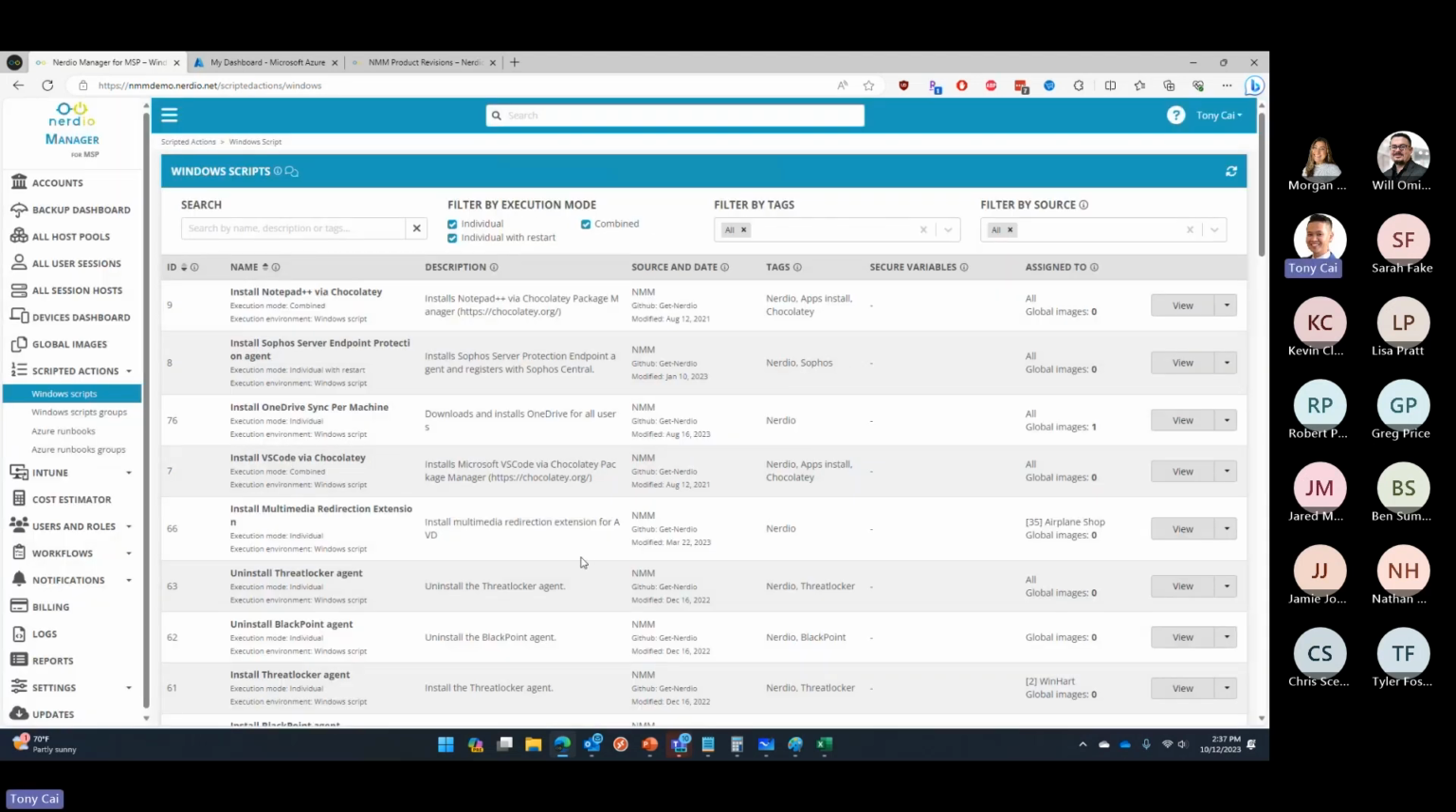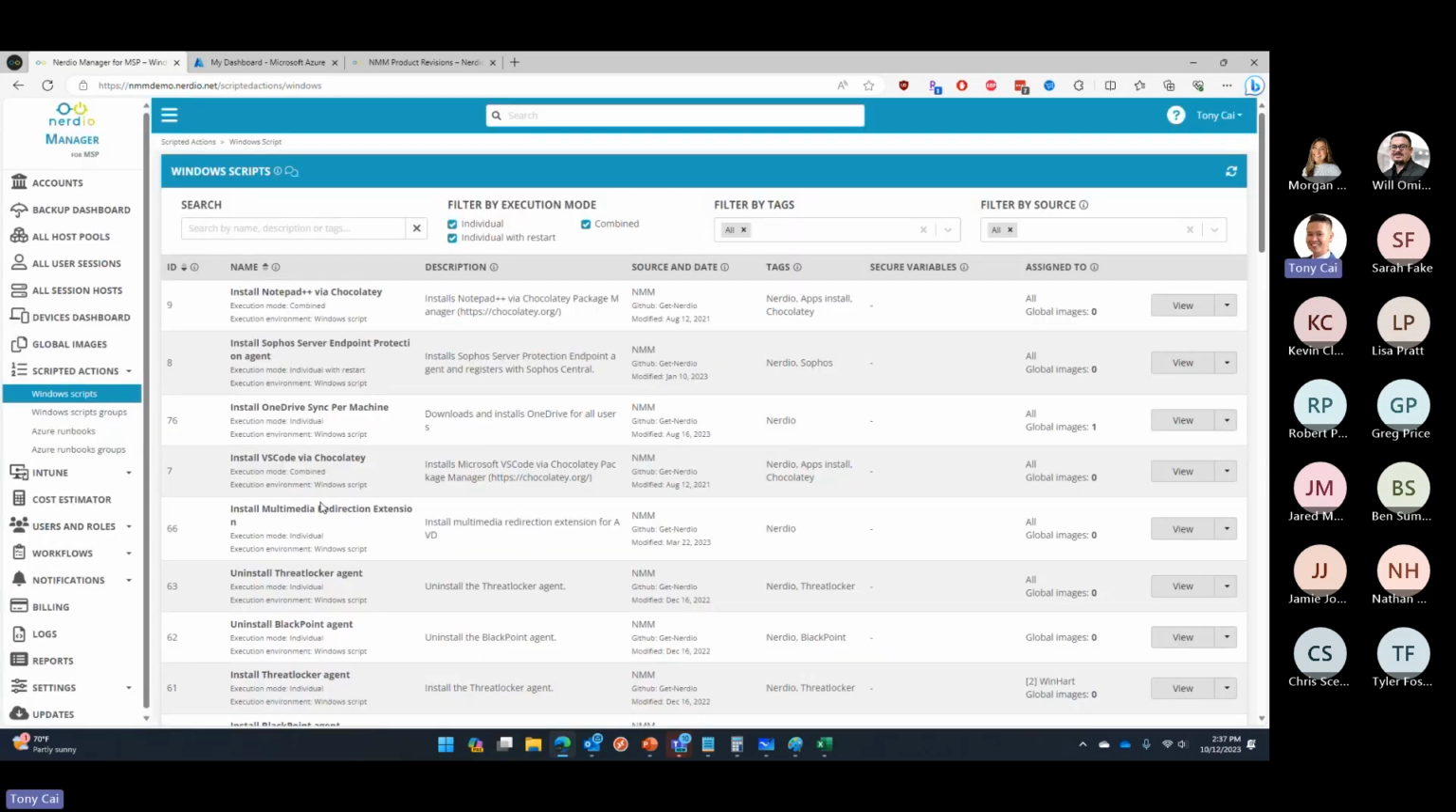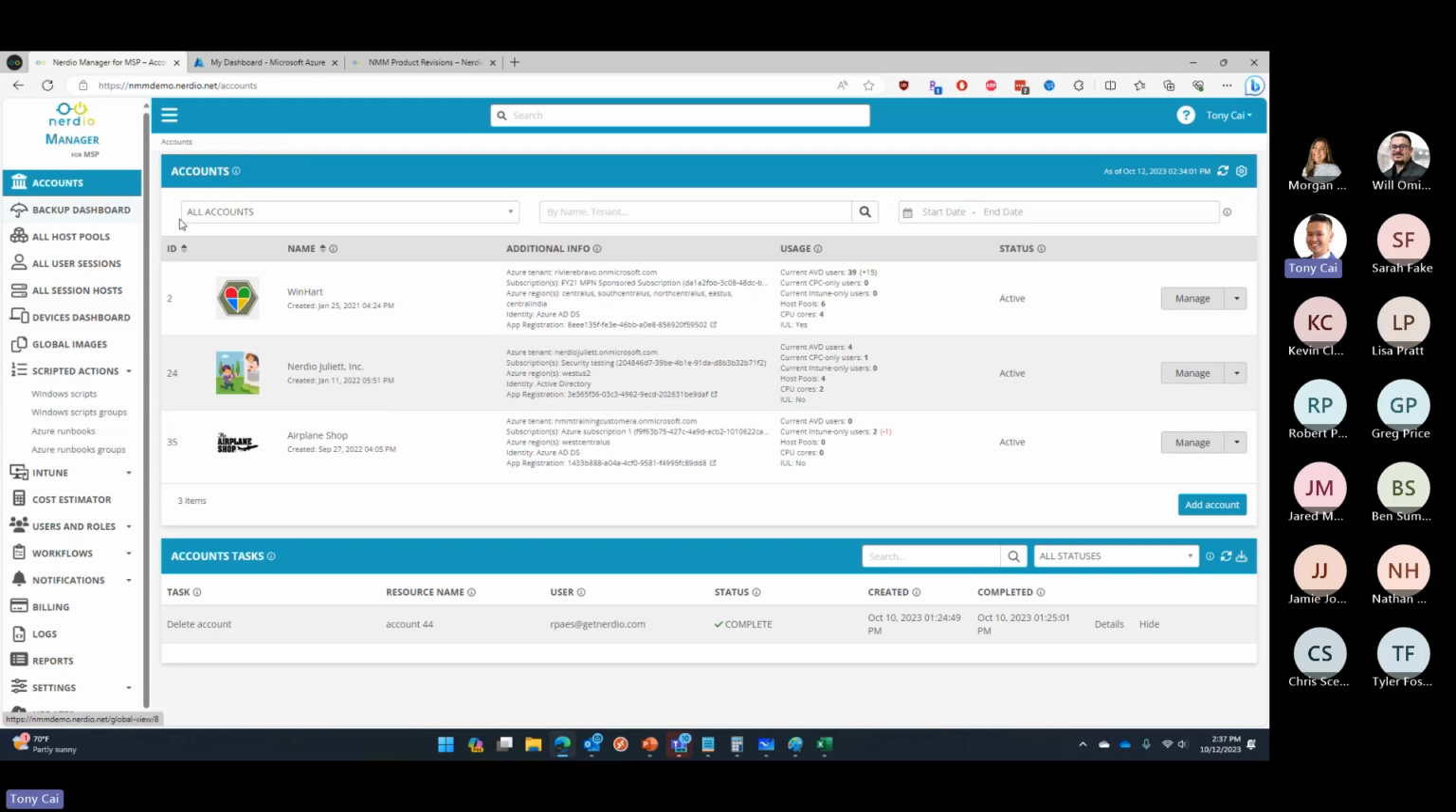Like this one isn't assigned to all accounts, so I'm gonna go ahead, assign accounts, all accounts, press OK. For this script to be available to be used inside a customer, it needs to be assigned. So if I go to accounts, and I go into a customer by clicking on manage,